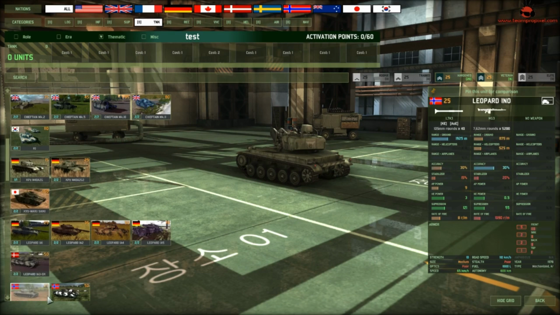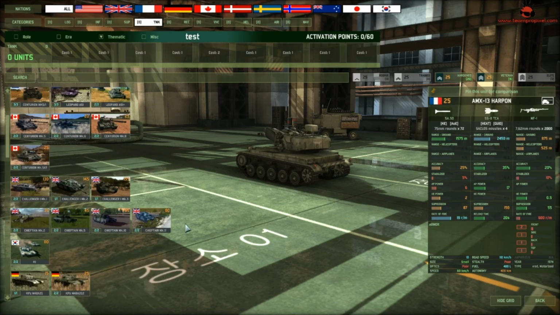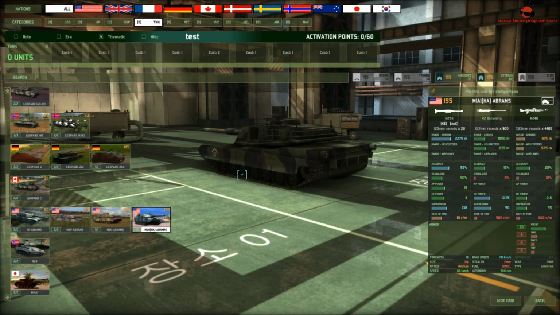We'll take a look at the other tanks for lower points though. So first of all, let's see which is the best tank in Wargame Red Dragon. So that's not the right one. We're starting off with the American M1A1 Abrams. This is the TUSK, of course,